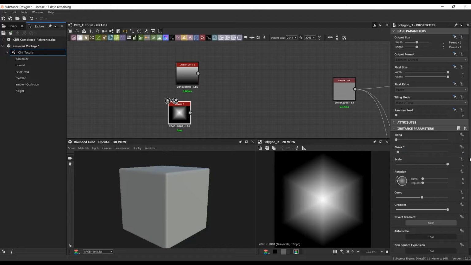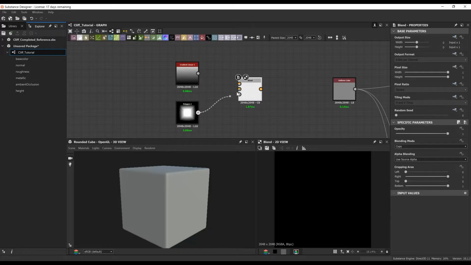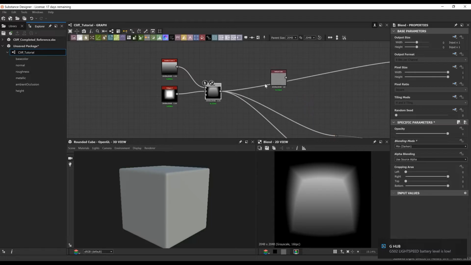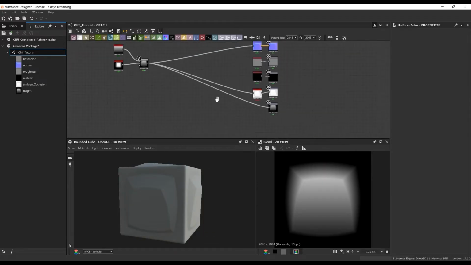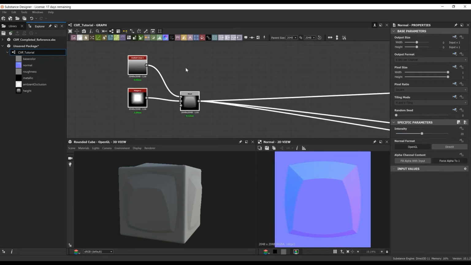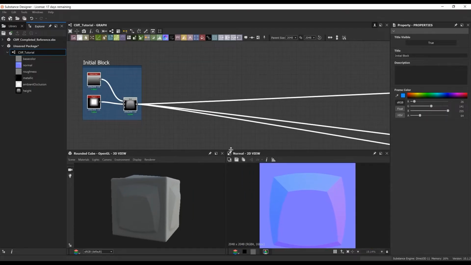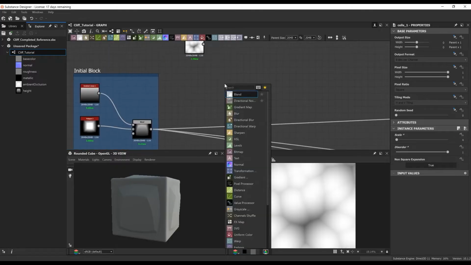So to begin, I'm actually going to create the initial block shape that's going to be for our cliff. Now, what I'm doing here is I'm just using a polygon and I'm blending that between a gradient linear. What this does is give us a nice interesting shape to start out with, almost like a slanted rock. We don't want to use something that's uniform, so this breaks up the silhouette of that shape a little bit.